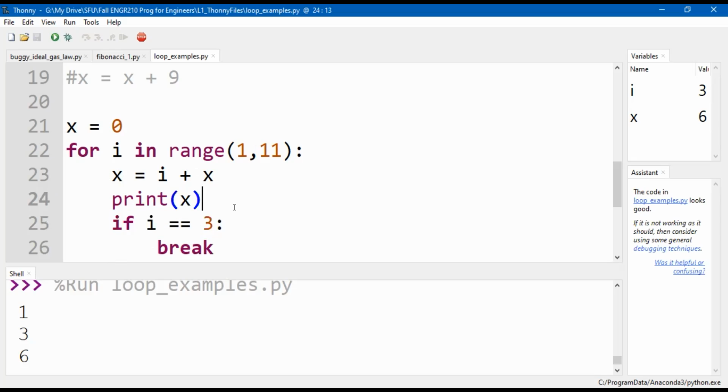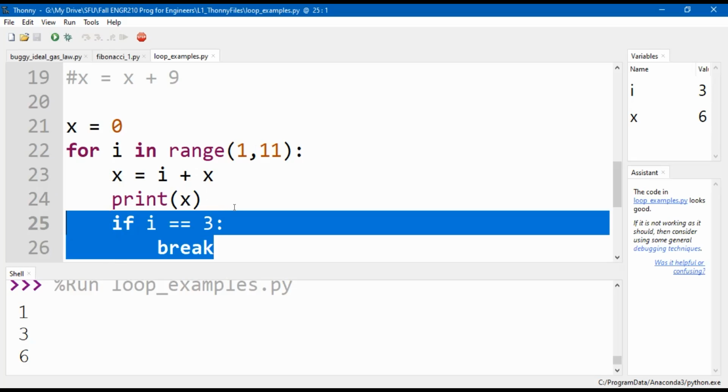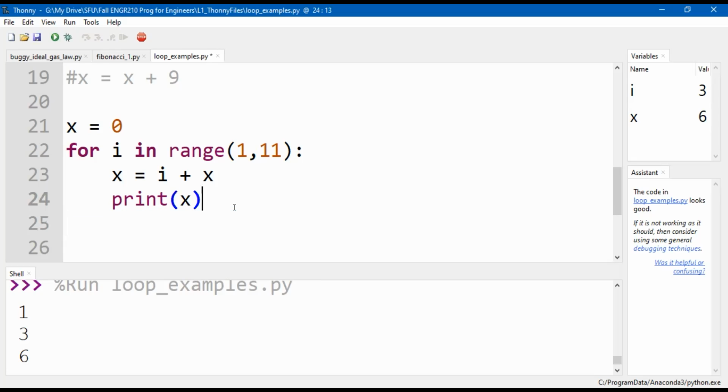So you can definitely use break in order to get yourself out of a loop in a hurry if you need to. I emphasize the if you need to, because you can also screw yourself over by using break really easily.